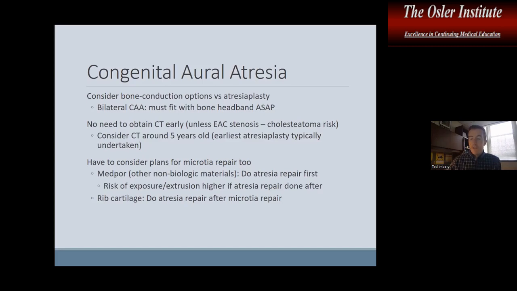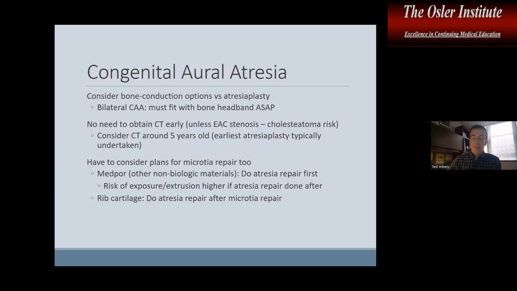This is oftentimes coordinated with a facial plastic surgeon or plastic surgeon, and I would say that there's a couple ways that the outer ear can be reconstructed. That's typically going to be with autologous rib or something like MedPor or some other non-biologic material. If the patient and the family elect to have a repair done with these non-biologic materials, I would recommend doing the atresioplasty first. So build the canal and everything, and then have the plastic surgeon do the outer ear reconstruction